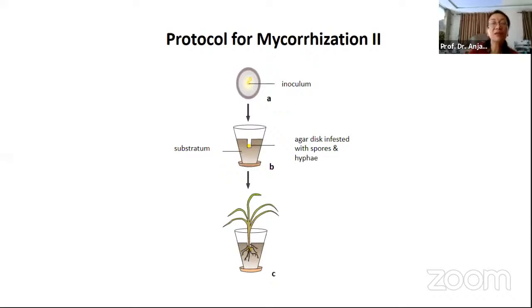You take the inoculum, that is the Petri plate. I have told you that though it is an endomycorrhiza, it is culturable in synthetic media, right? So this has been grown in NMM media. It takes about 5 to 7 days to grow fully in the plate like other fungi. Then you take a clean, sterile cork borer and cut the agar